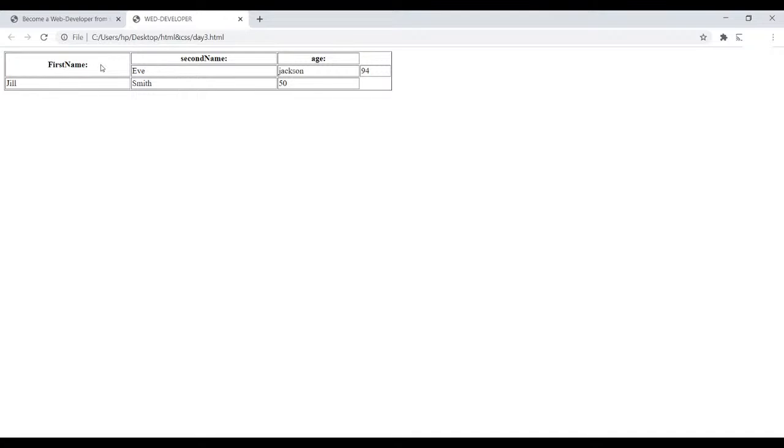See, inside the first heading tag I had given rowspan equal to 2, right? That's why first name had changed into two rows. Okay,